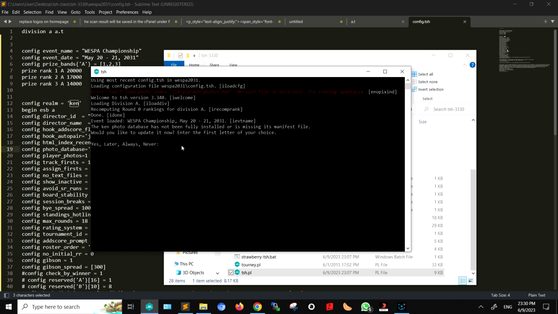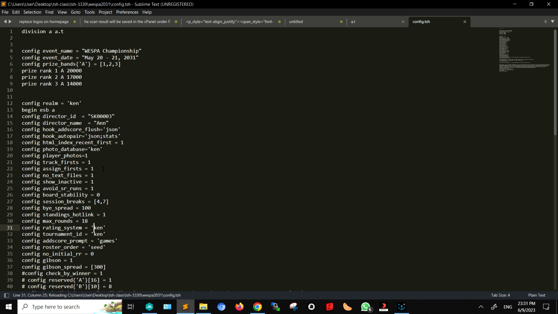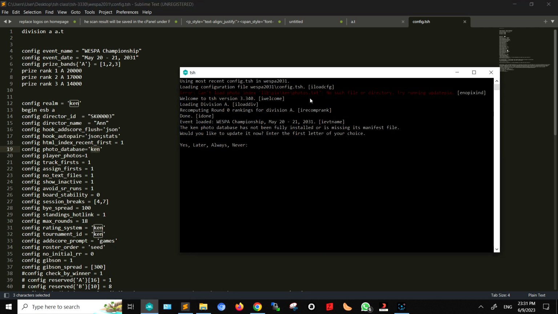So click on Y, for Kenyan operators, that is. Other countries may want to download, but as long as you use a configuration that has the photo database as Kenya, it is always good not to operate with errors. Just put in your photo database. So I type Y, then press enter, and it will start